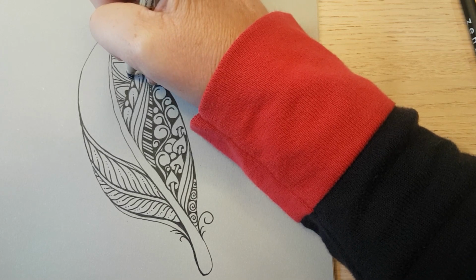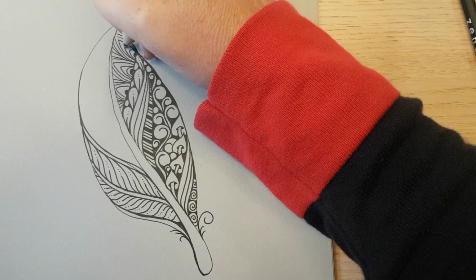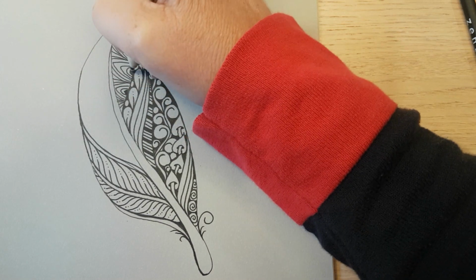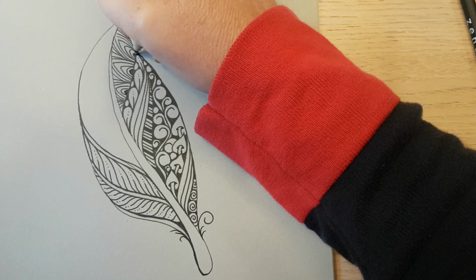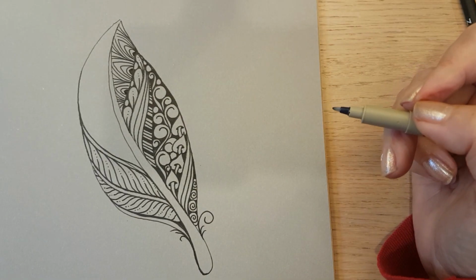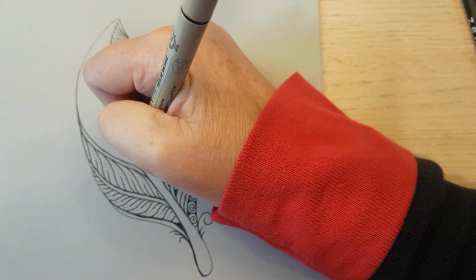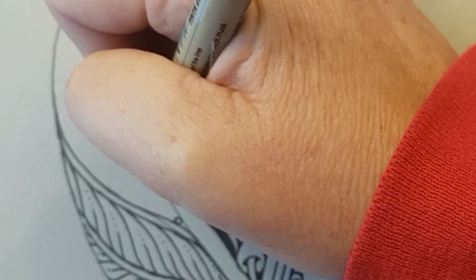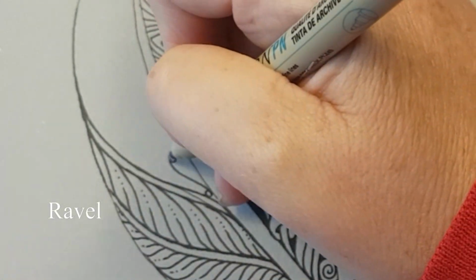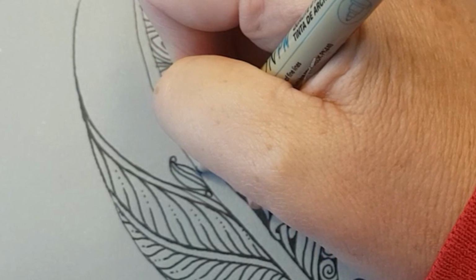Aura lines. This is something I love that Maria always says: when in doubt, aura. That's fun. It kind of has a peacock feather feel to it. A little pattern I love called Ravel. So I'm just trying to make